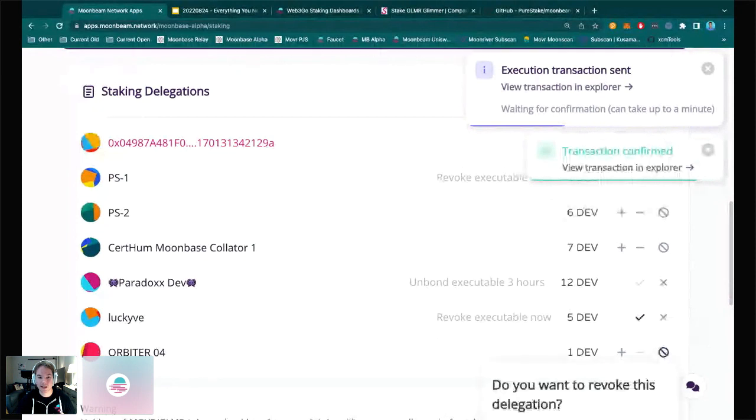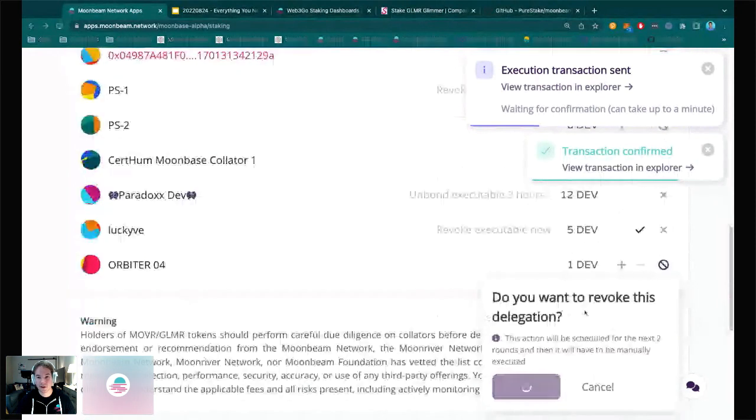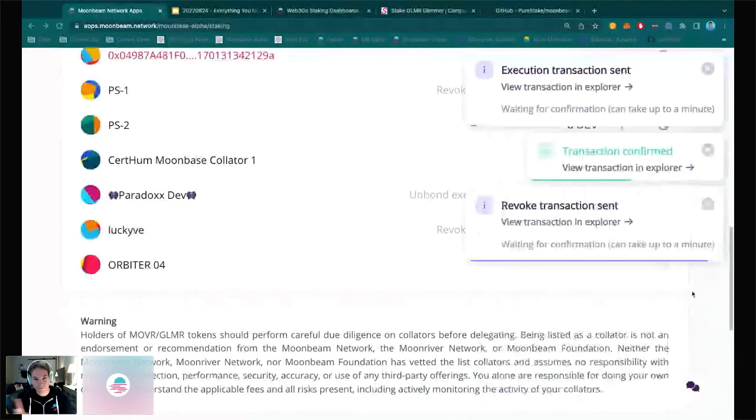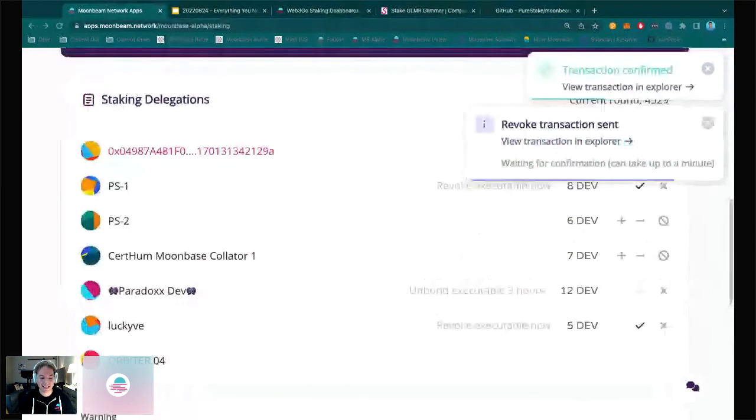It is a two-step process. Again, as before, it'll be the same. You're initiating one transaction, and then you would want to come back to actually execute that. Now, there is something important to mention, and an essential design of the parachain staking pallet